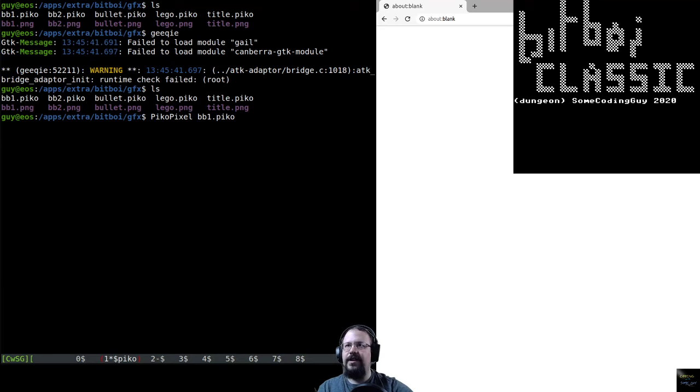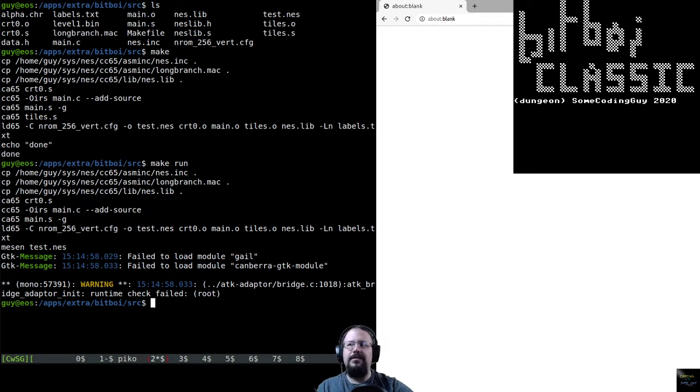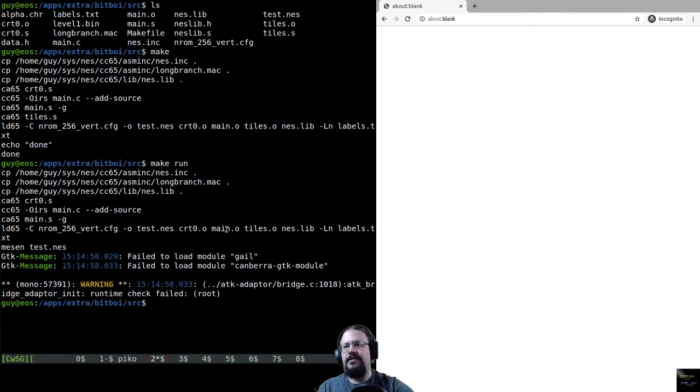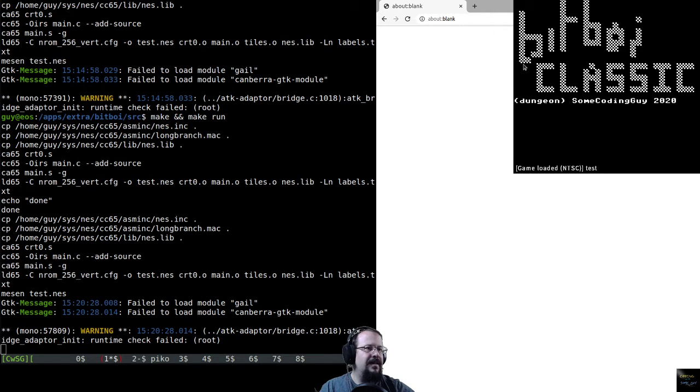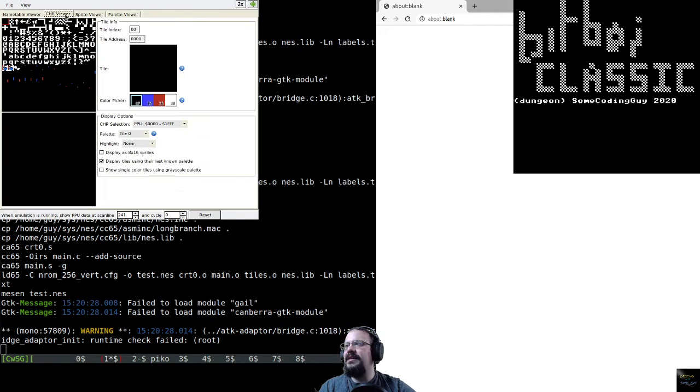So I can come over here to my messin, and we can exit this. I'm just going to swap these terminals real quick. So we can make and make run. Yeah, sorry about that. I realized the PPU viewer was blocking a little too late. So yeah, now let's look at the PPU viewer. And we look at this memory, and oh,